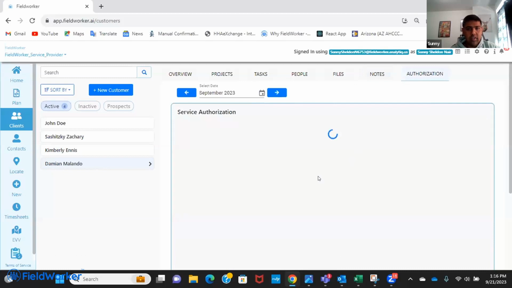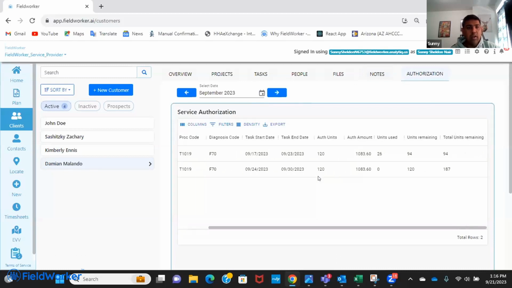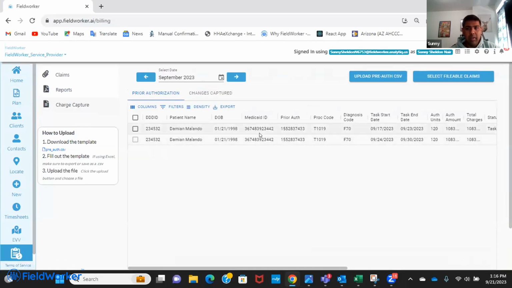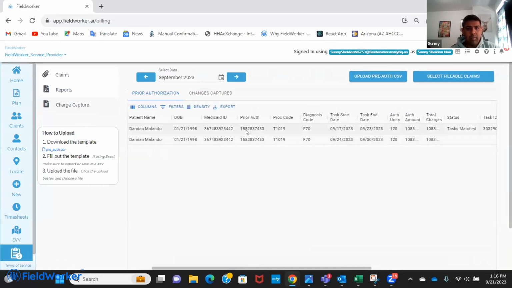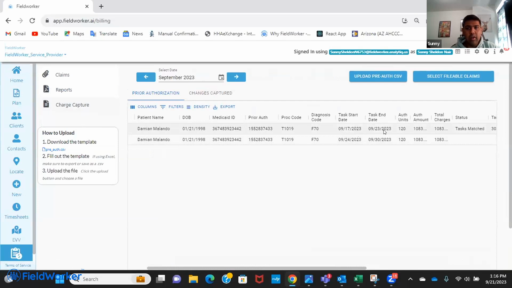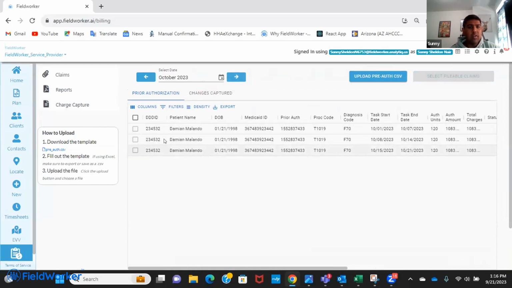Flowing into the authorizations. Our authorization system works off the SDR. So we have a prior authorization template, which you can use to create the different authorizations mentioned for a client in that prior auth file. So once entered in, every month would have the prior auth information with the service period and the total amount and units for that service period. It also flows into the next month. So the whole plan year can be set up initially when the client is a part of the system.